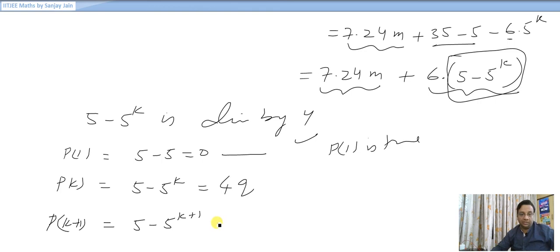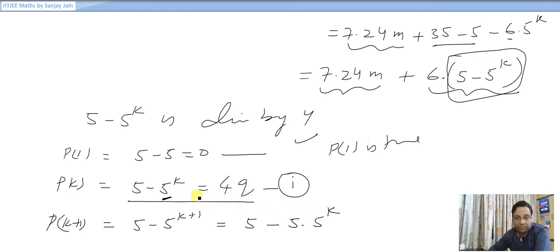Which is 5 minus 5 into 5 raised to power k, and from here I can replace 5 raised to power k. So what is 5 raised to power k? It is 5 minus 4q. So 5 minus 5 into (5 minus 4q) here, and then this is nothing but 5 minus 25 plus 20q,